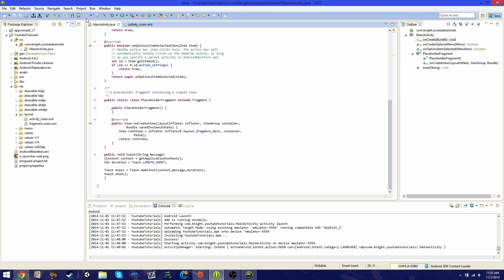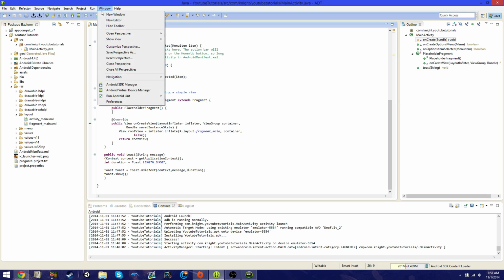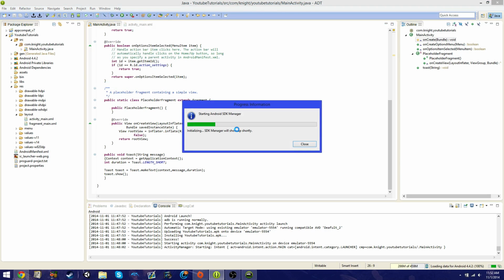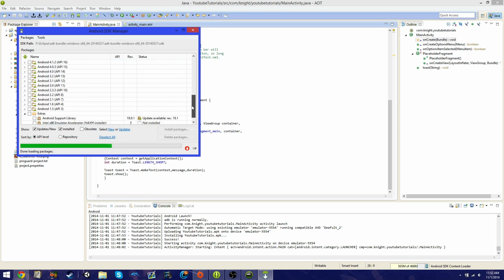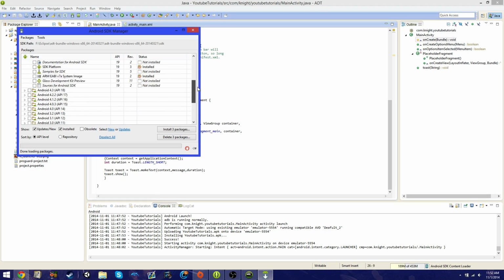And real quick, we're going to go into Window, and I believe SDK Manager. Let's see real quick. I'm just going to let this load. And now there are some things you're going to need to install. Alright. I think I'm actually going to install that later, but you're going to want to install, I believe, the